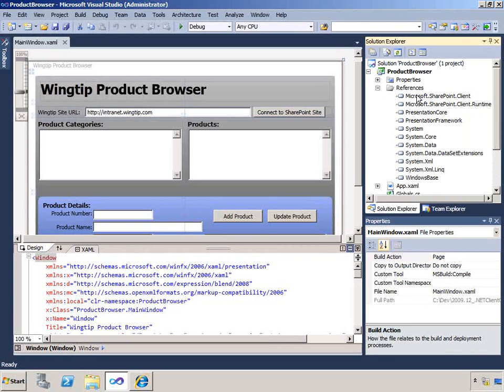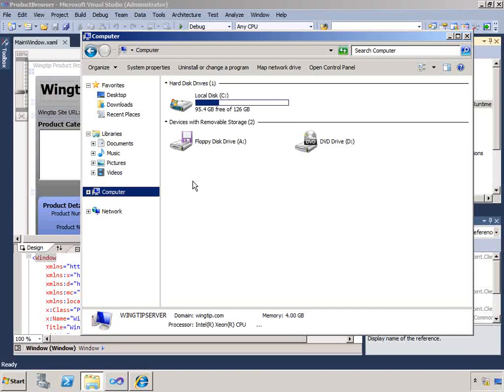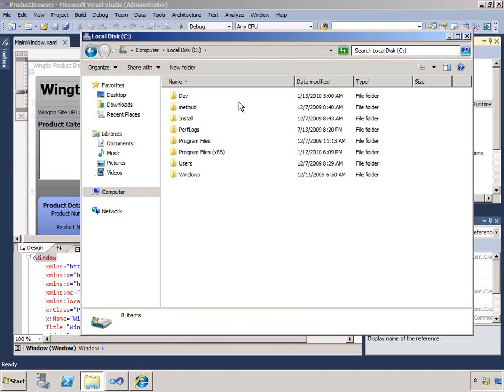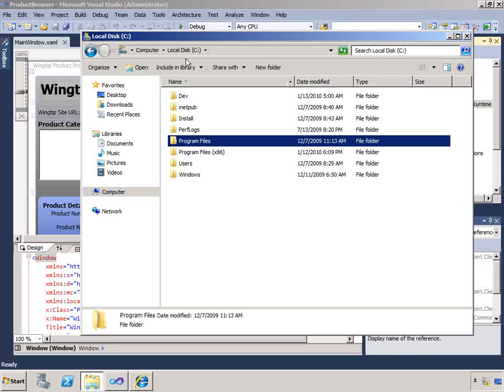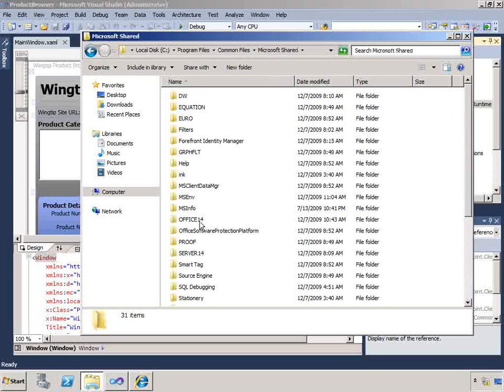You're going to need to add a reference to the Microsoft.SharePoint.Client assembly as well as the Client.Runtime. Both of those can be found inside of the ISAPI folder in the SharePoint root. So if you go to C or wherever installation drive you installed SharePoint, look at Program Files, Common Files, Microsoft Shared, and look at the very bottom here